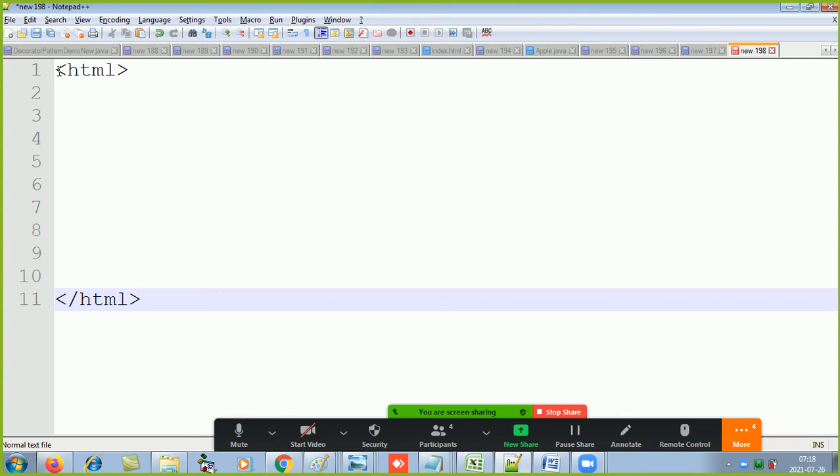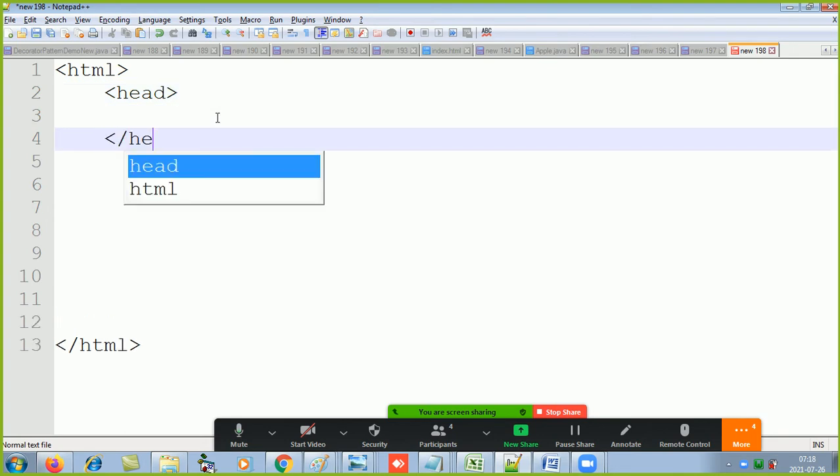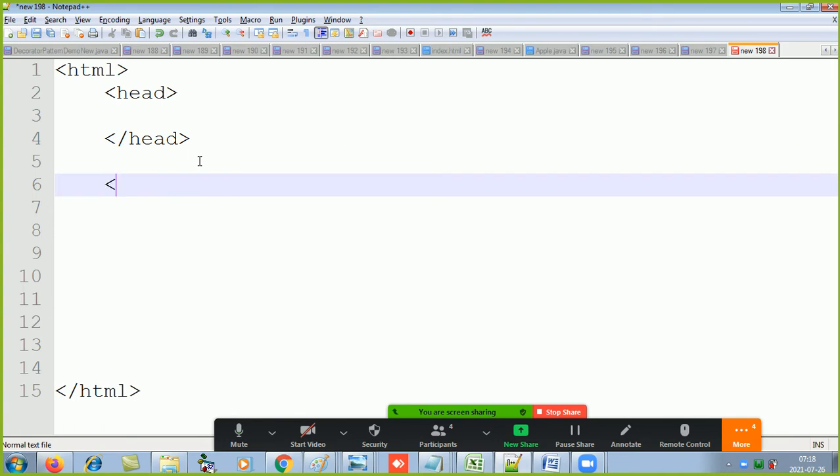So this is the HTML element. Whichever element is open needs to be closed. Then a page has a head and a body. This is a standard structure. This we'll have to learn by heart.